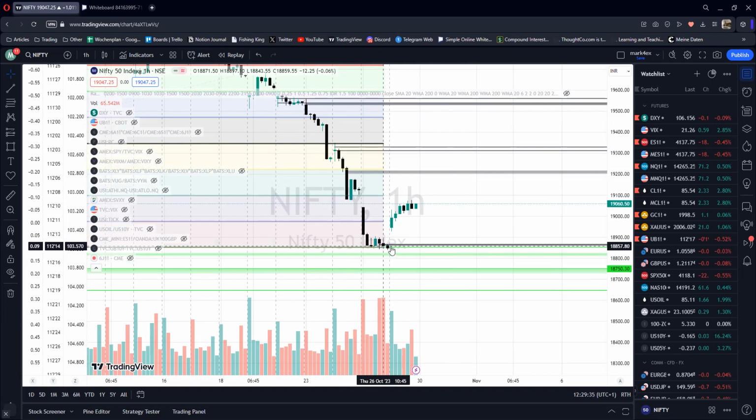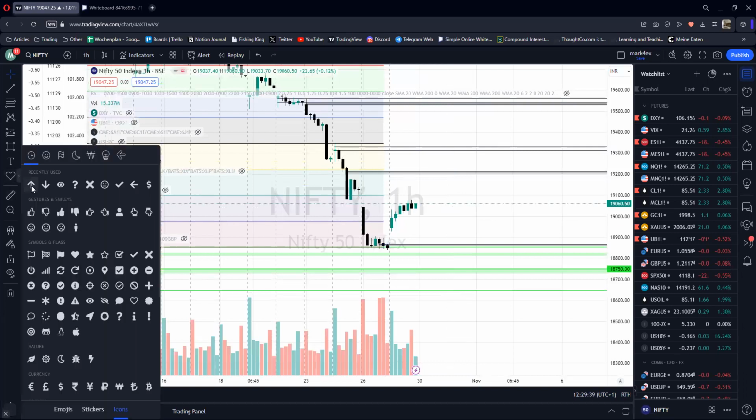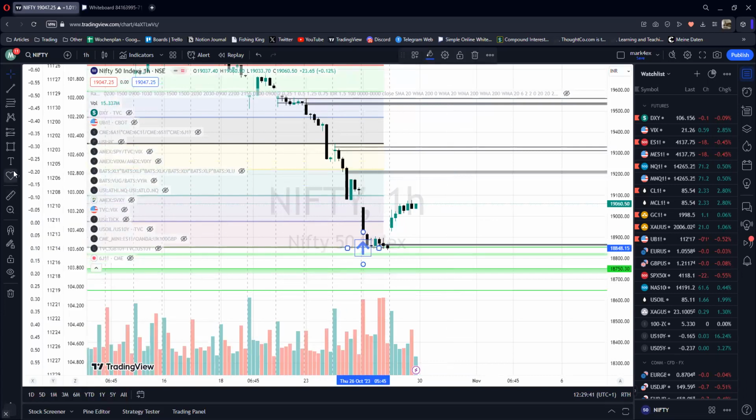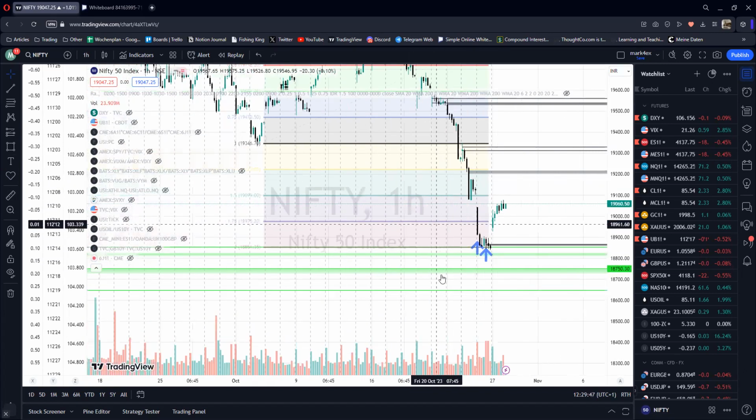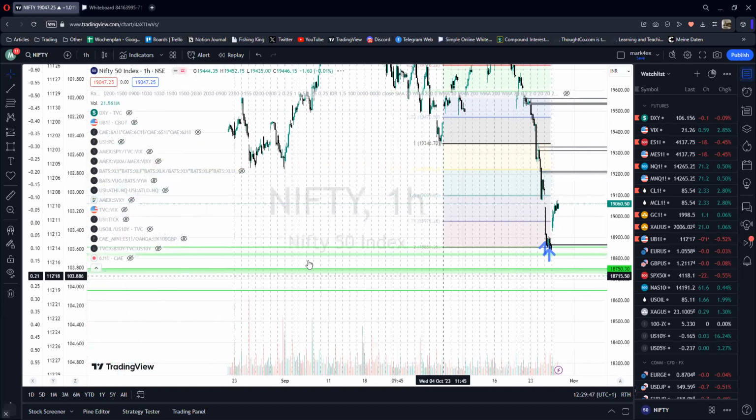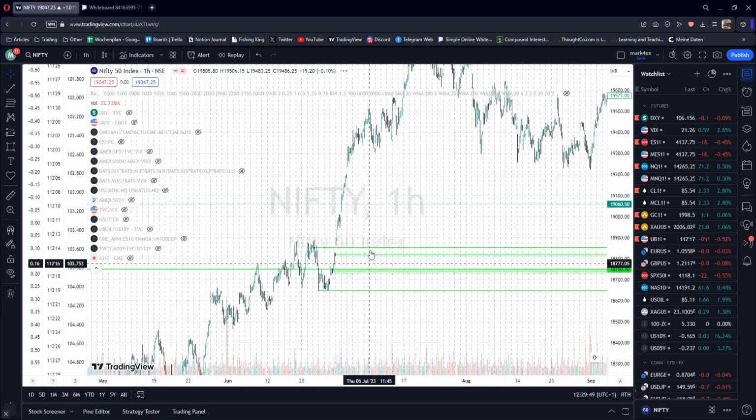And suddenly enough, you find out the next day opens gap up, right? So you already have this understanding. Okay, they bought here, they bought here and here, right? And this is where the market reversed. But why did they buy here? Because this was a level of previous buyers, right? Like